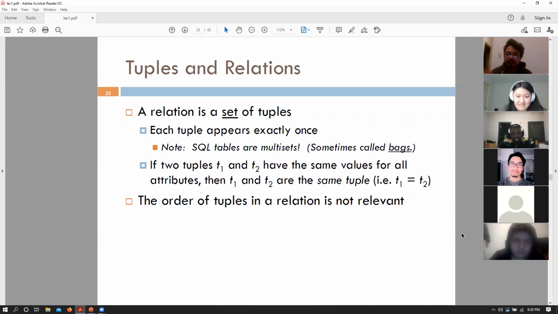A set has no duplicates? Exactly. A set cannot have duplicate values. So all relational models, or all our relations, are a set of tuples. That means that no two tuples can be the same value. Every tuple is unique. Another difference between traditional SQL tables and the general relational framework is that traditional SQL tables